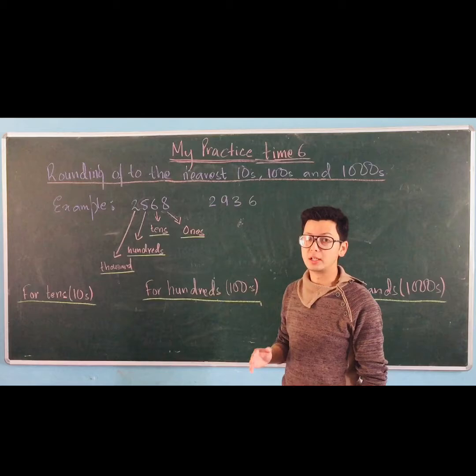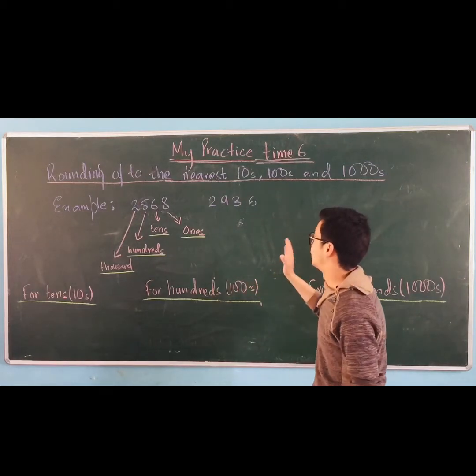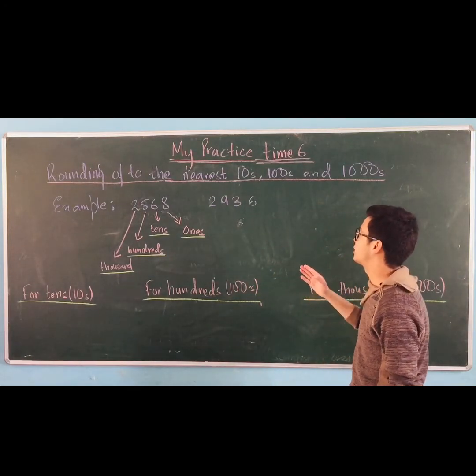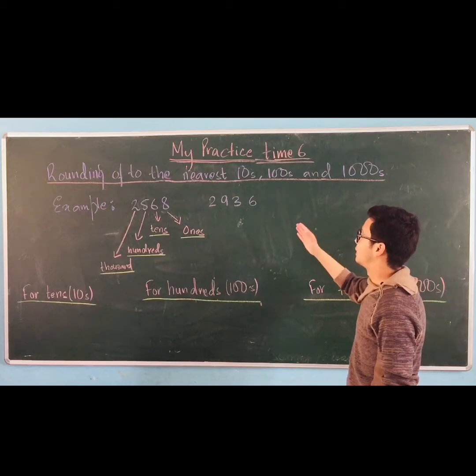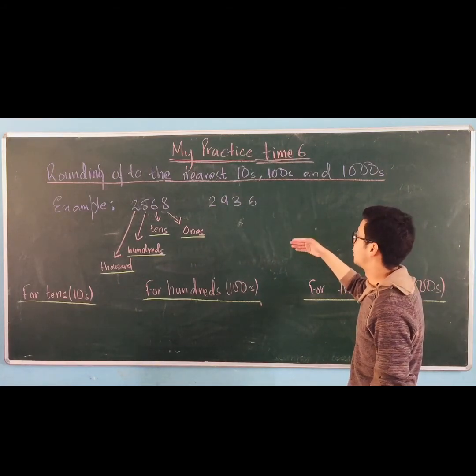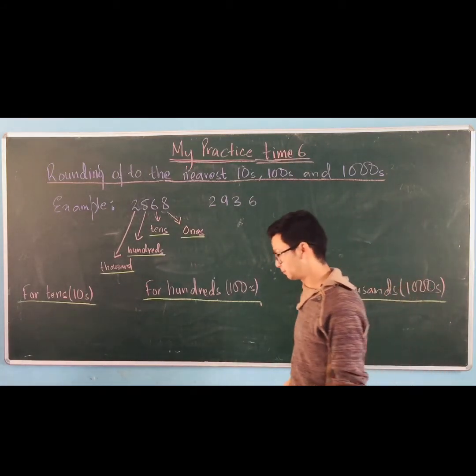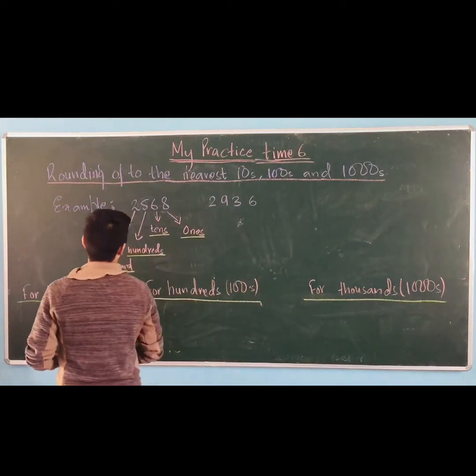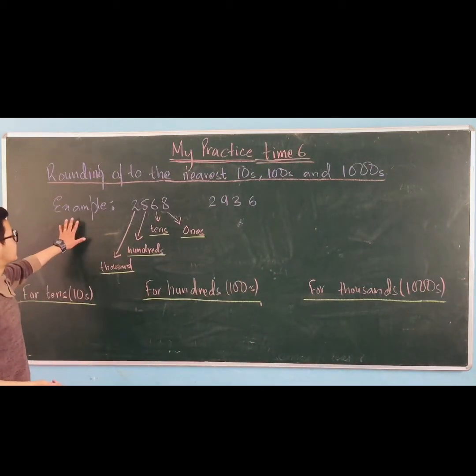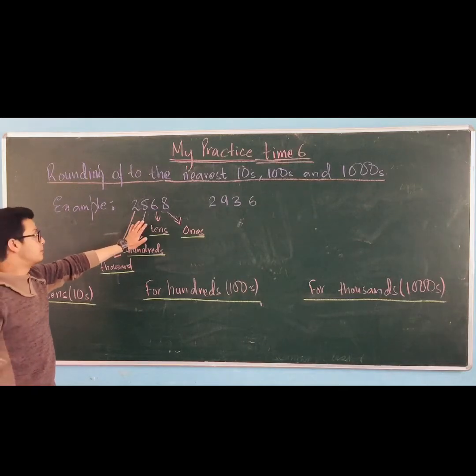The questions will be quite complicated this year since in the previous classes I think we did the tens and hundreds. Now we will move on to thousands as well. So what we have here is I've given you an example. I've taken a number that is